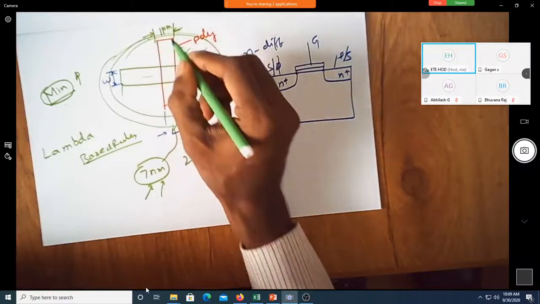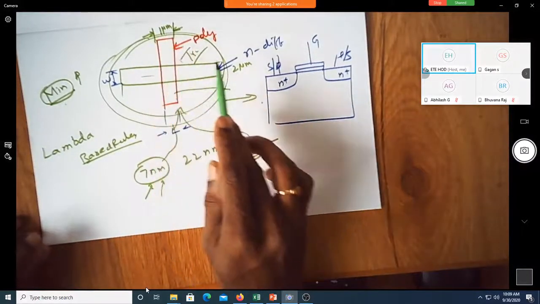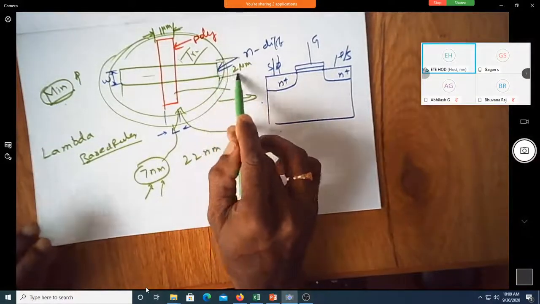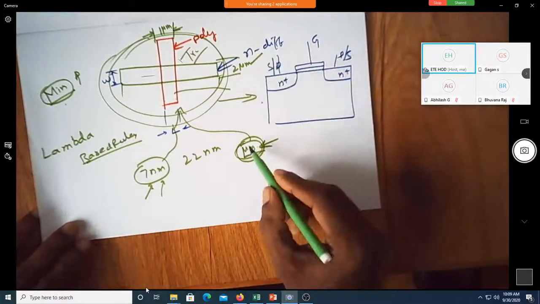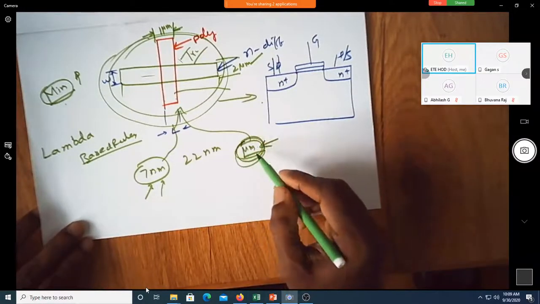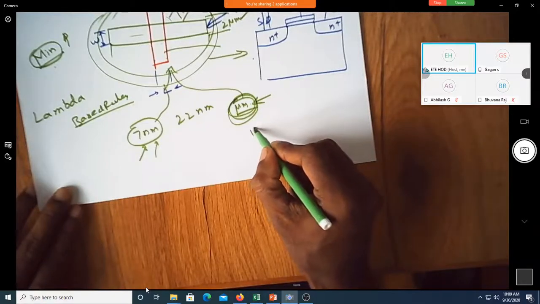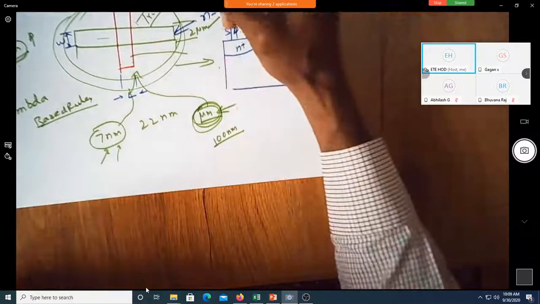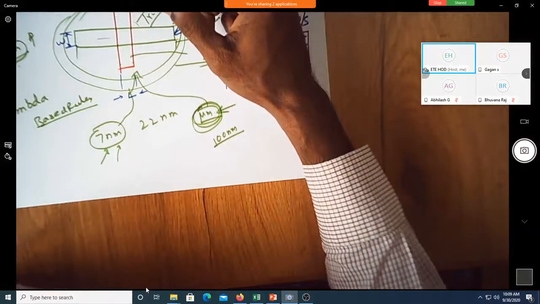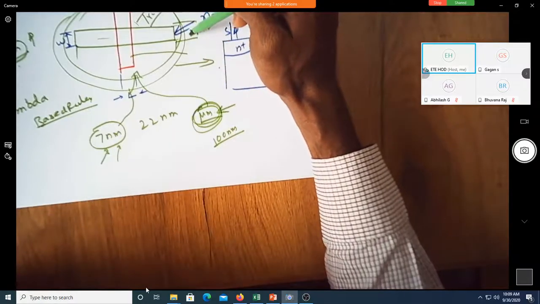Suppose it was fixed that the minimum dimension of this poly should be 1 micrometer and the minimum dimension of this should be 2 micrometer. Assume that this micrometer technology has developed and gone down to hundreds of nanometer.